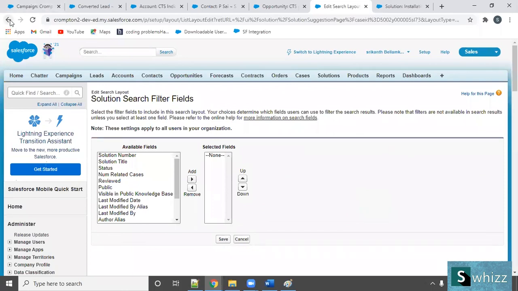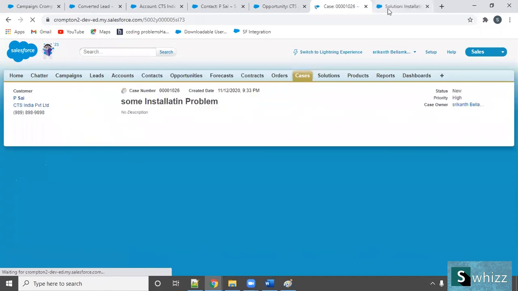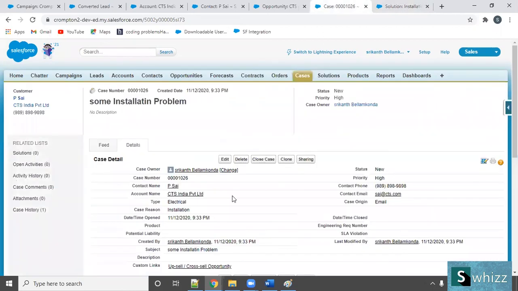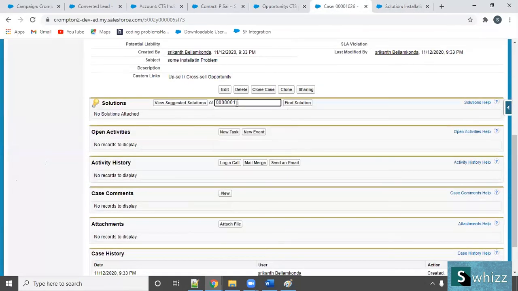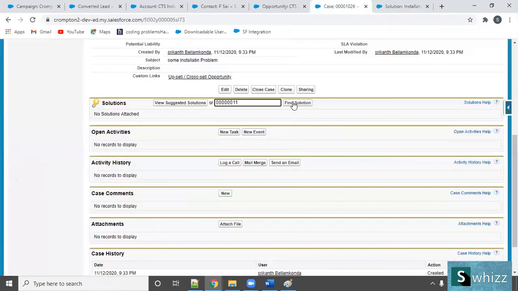This is a solution, right? For a solution, there is a number. Copy this number, go to your case, scroll down, and enter your number here. I thought this will be the solution for this installation problem, because the user has to follow this installation guide. Find solution.